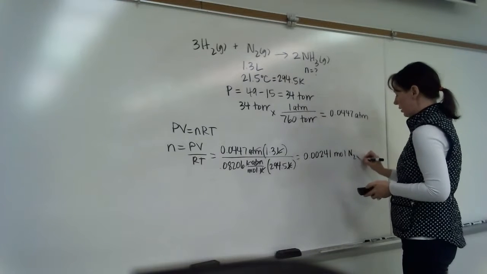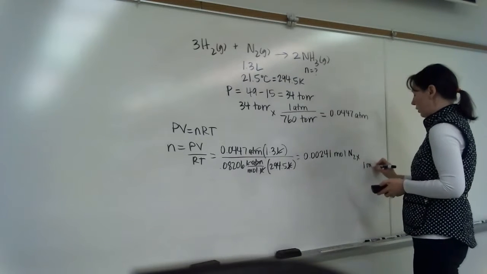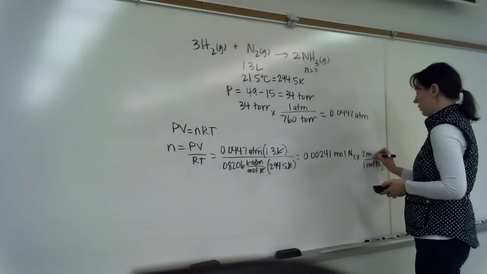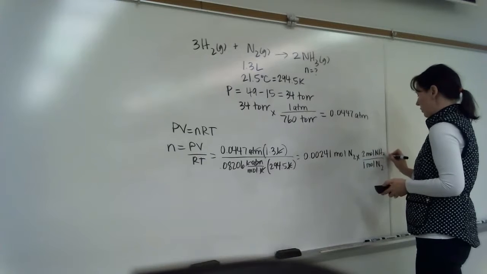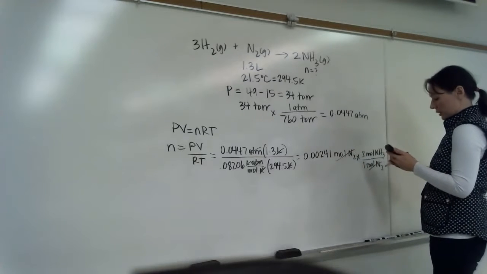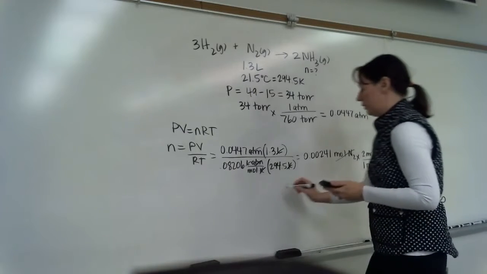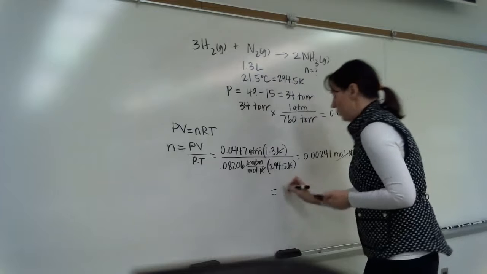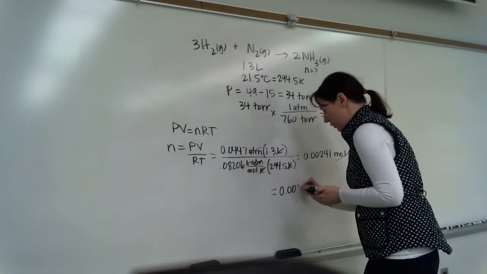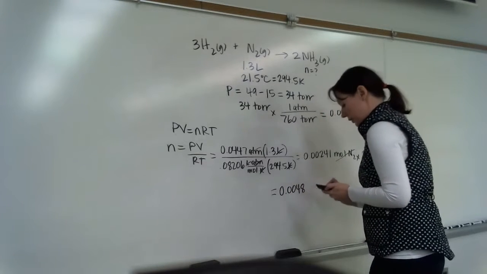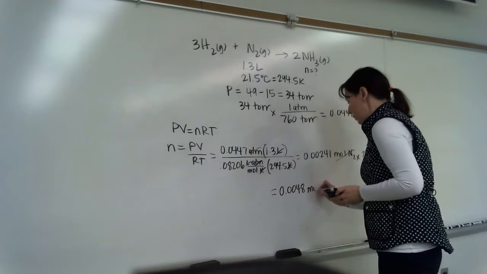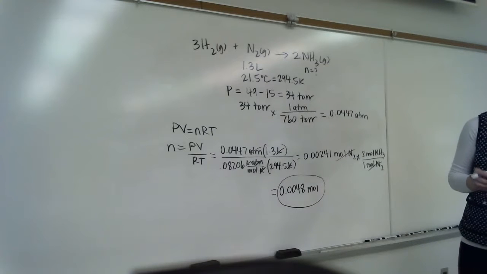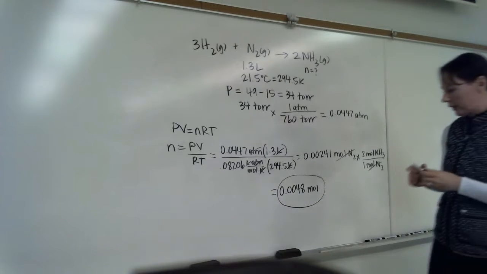N2, there's 1 mole of N2 consumed for every 2 moles ammonia that I produce. So times 2. And I get 2 sig figs this time. So 0.0048 moles. Do we agree? Yep. All right, there's one more little unit I want to teach you quickly, just in case